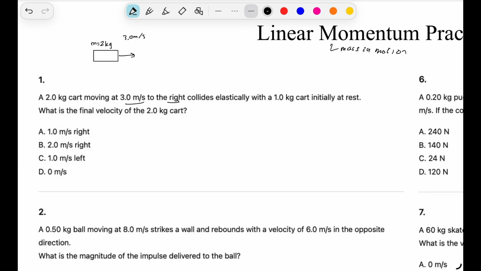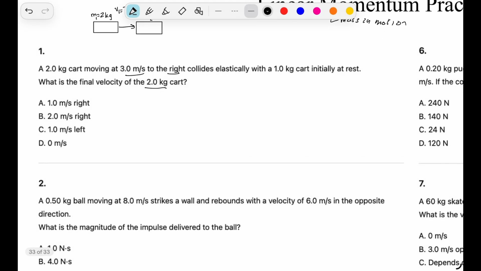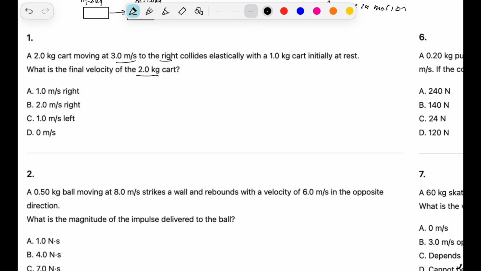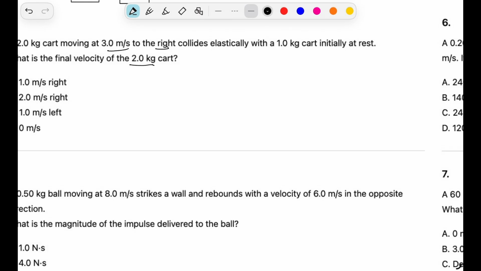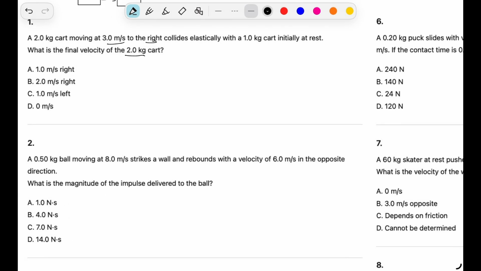And it collides elastically with a 1 kilogram car that is at rest. What is the final velocity of the 2 kilogram car? So you have to use inelastic collisions. When you have inelastic collisions, you have